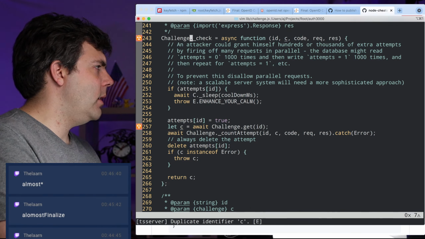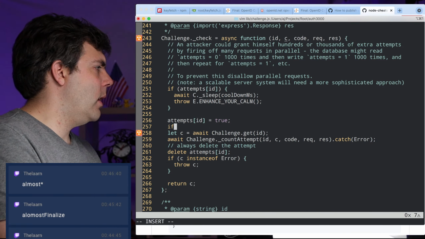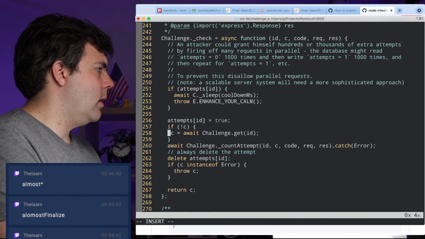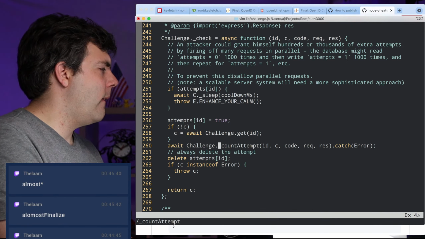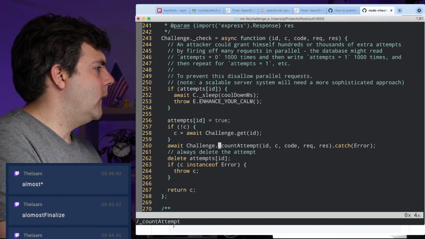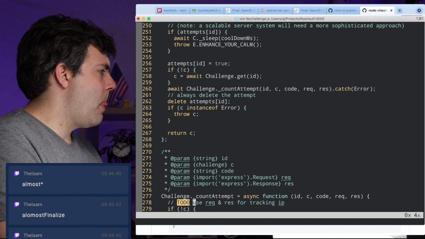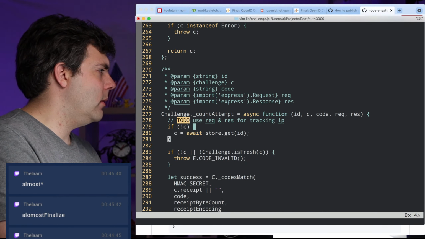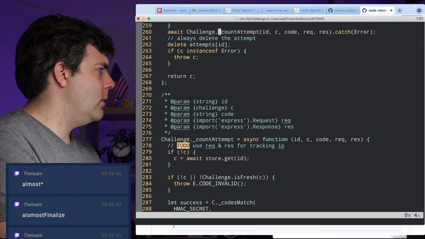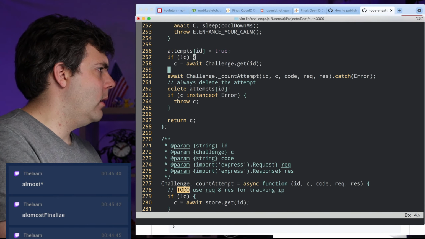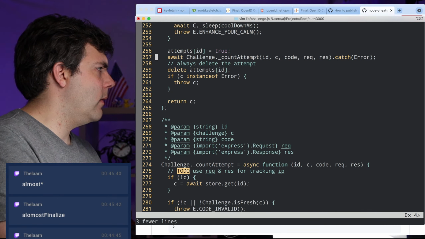Duplicate identifier C. Oh, okay, so this is just if not C. Is that what we're doing? And then count attempt is also checking if not C. So we really don't need it there. This is just fine.